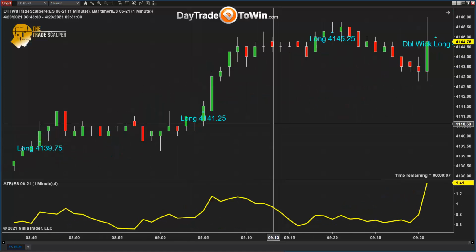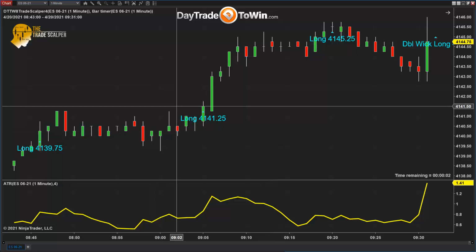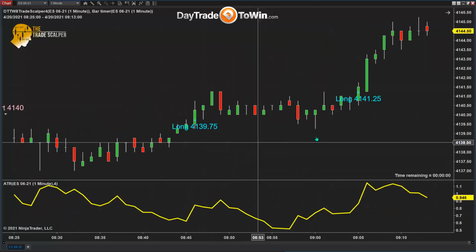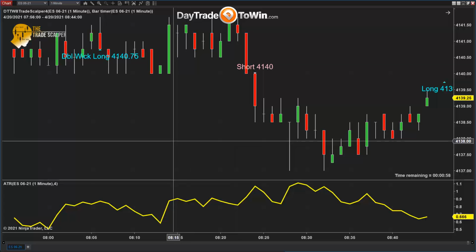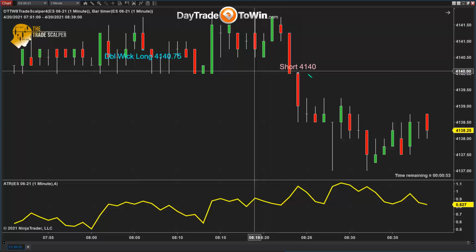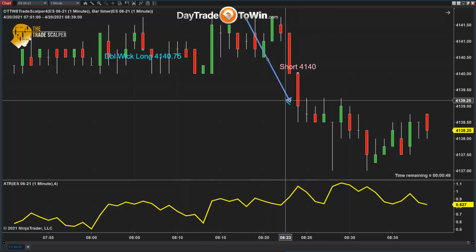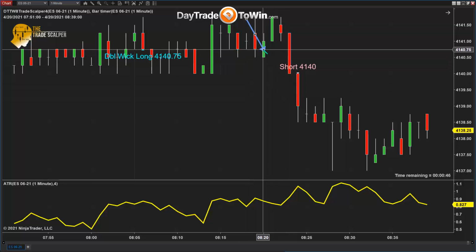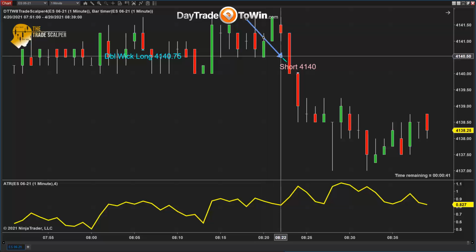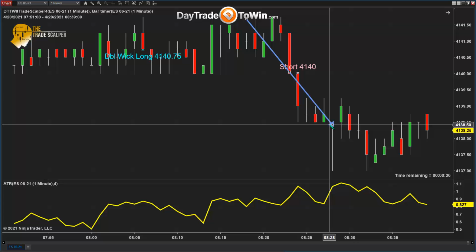I know sometimes when I teach, I have to show you the examples by drawing it out, but I also want to show you a situation maybe like this here. This is overnight, obviously, but you can see that the market started to come down and it gave a short signal, right? So in the beginning of the move, at the start of this move down, if you're able to go short at the beginning as it starts to go down, great, right? You're at the beginning of the move to go short.